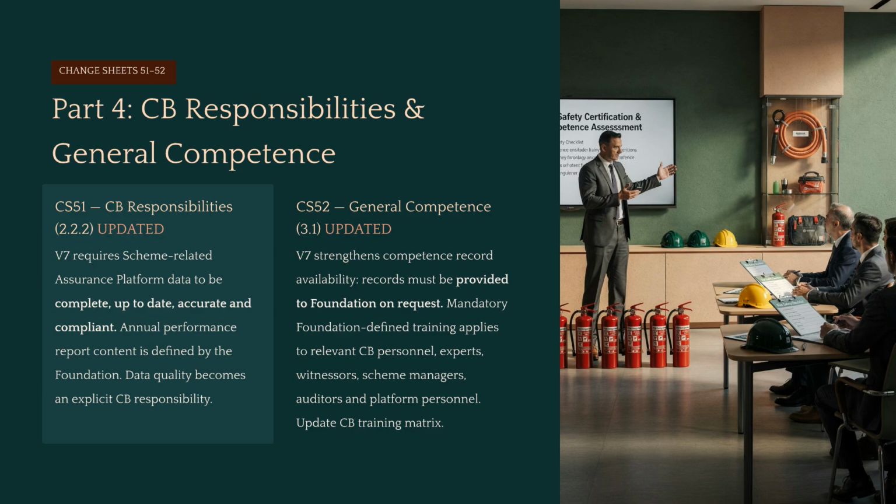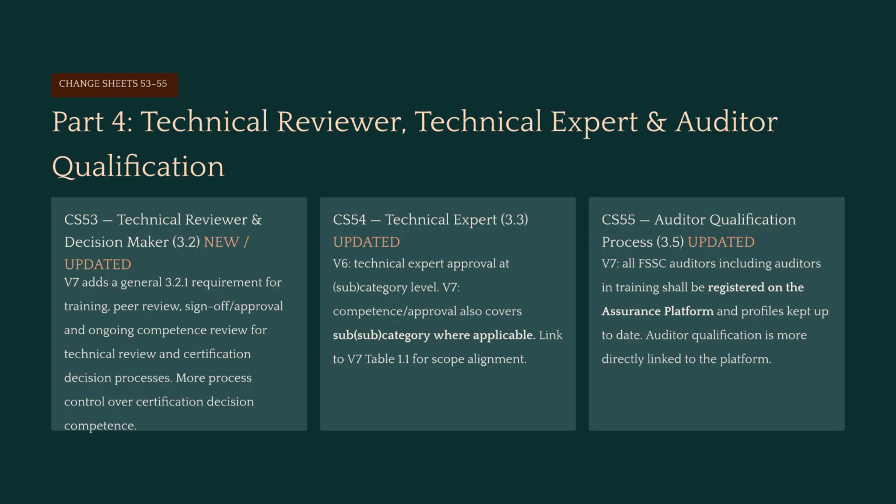The training message for this slide is simple. Version 7 treats competence and data accuracy as direct parts of certification integrity. CBs must therefore update their training matrix, competence records, platform responsibilities, and internal review procedures. This slide focuses on 3 important competence roles inside the certification body: the technical reviewer, the technical expert, and the